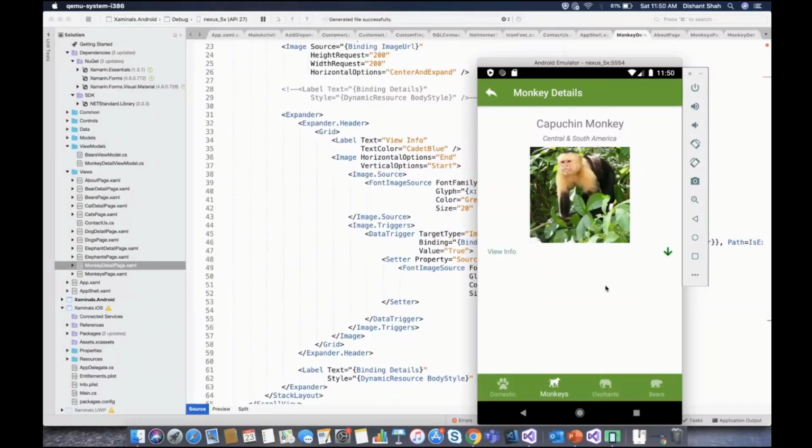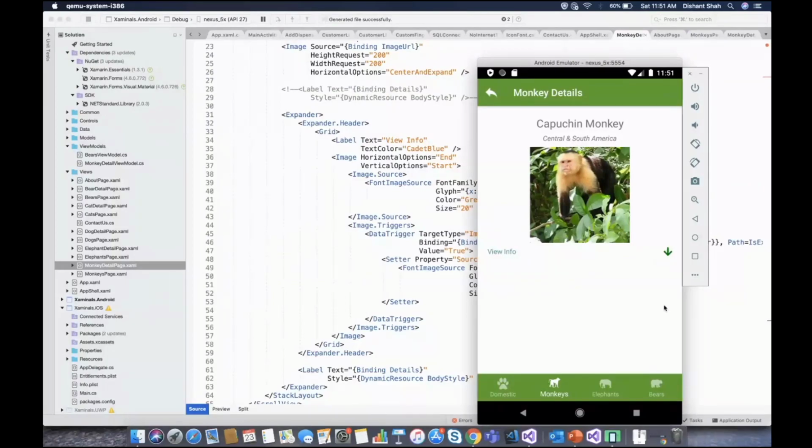Okay, cool. So we have this header, view info, and I have this icon here. So let's click on the view info. Click is not working. Okay, here we go. So you can see that on clicking that, this nice animation will come, and you can see the content of this expander control, and also you can see on the right side that the icon also got updated. So let me close this.